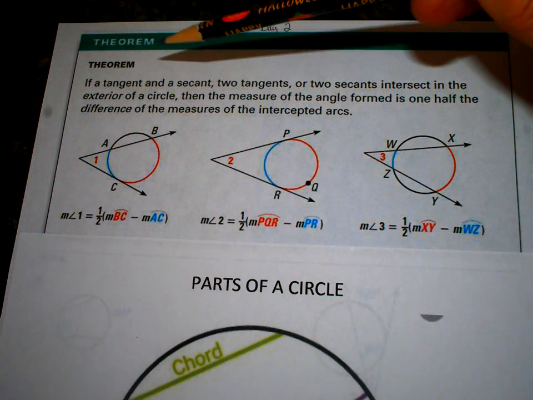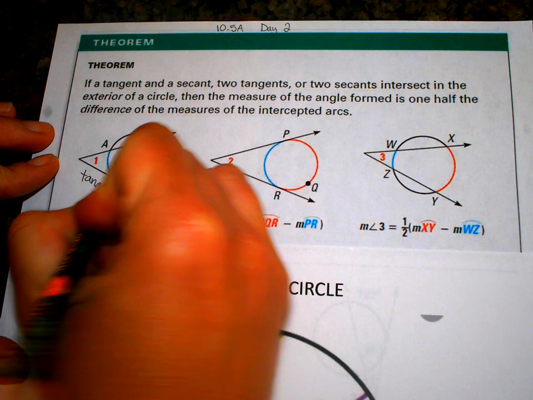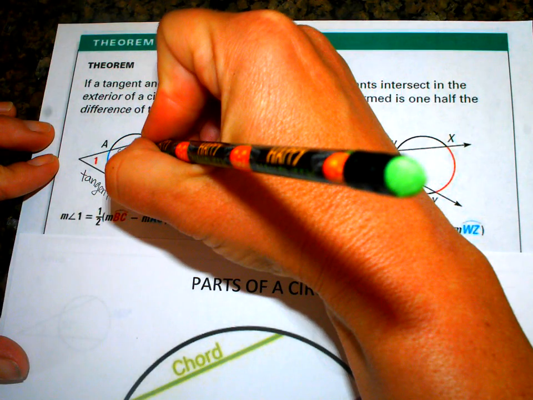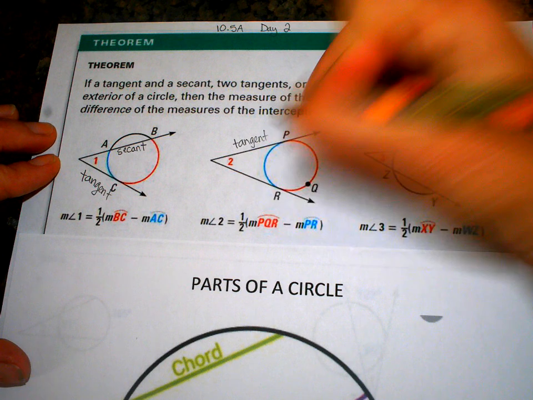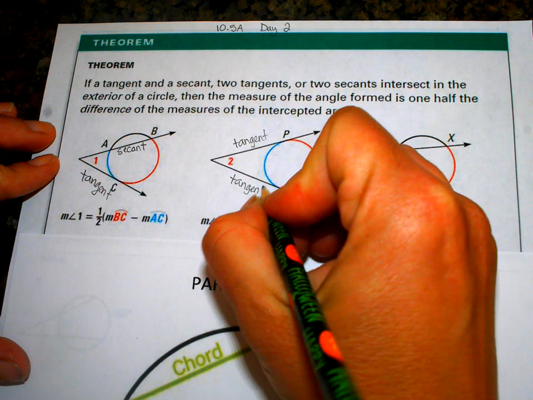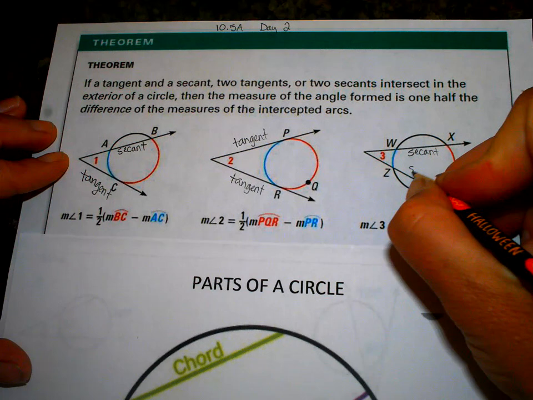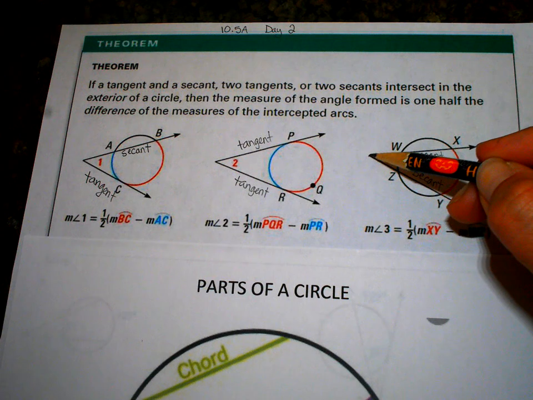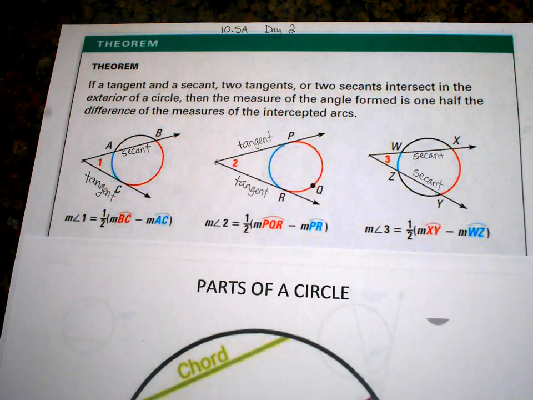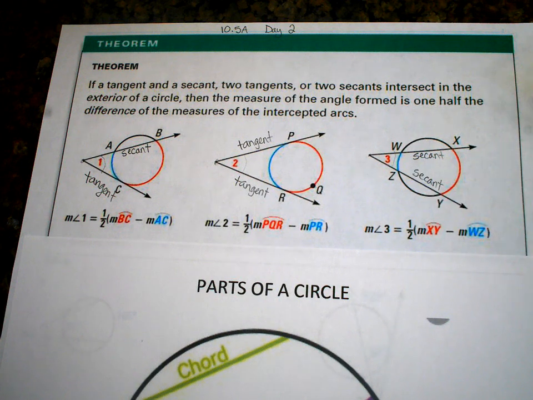So I've got this theorem. If a tangent and a secant, so here's this tangent and a secant, or two tangents, or two secants, if they intersect in the exterior of a circle, okay, that means that they're hitting here, here, and here, then the measure of the angle formed, this exterior angle, angle 1 or angle 2 or angle 3, is